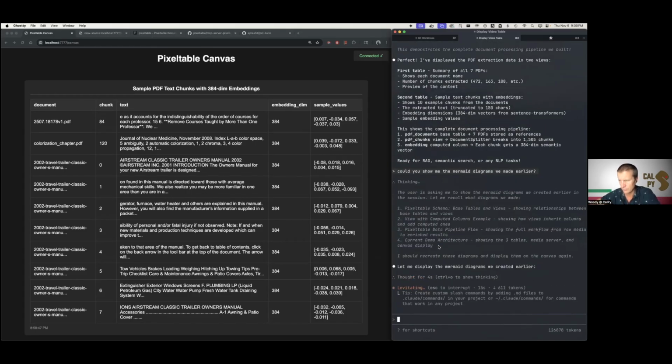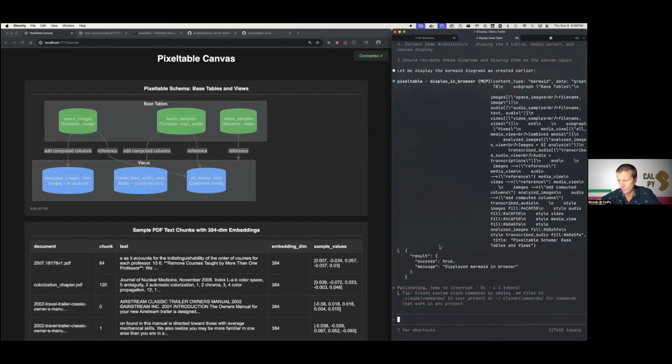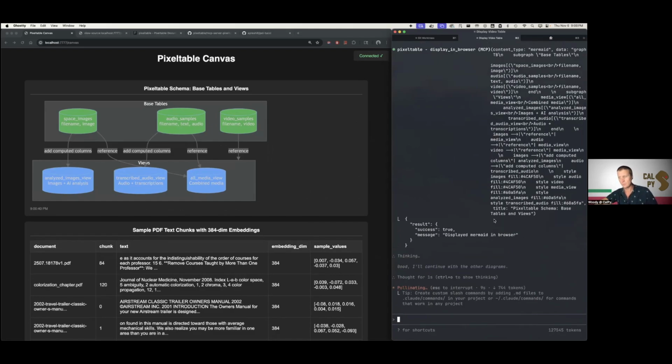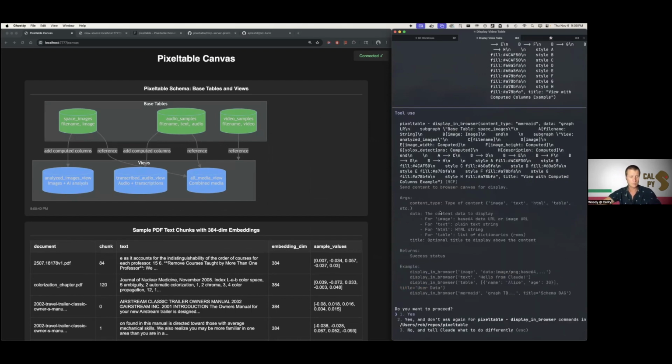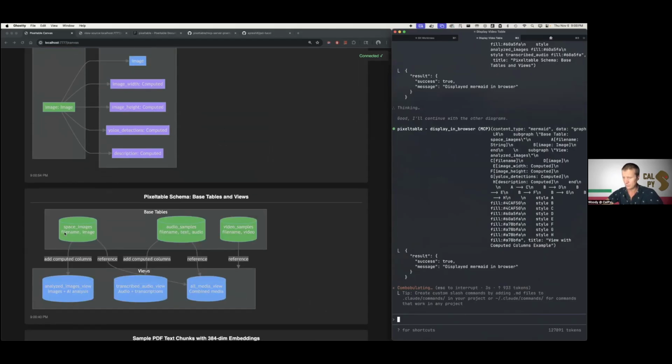You can also output the code that you create into a repo. So if you set up a really cool computed column or a UDF, it can save that to your local repo, and then you have it. You can always rebuild that later. This shows here's my base table of space images, and it has a computed column.